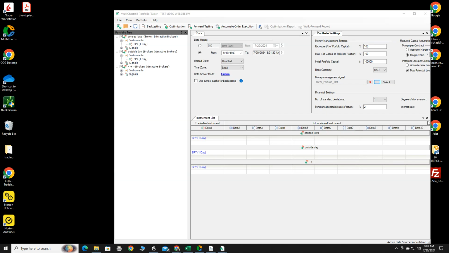Larry Williams slow grind for portfolio for MultiCharts. As the name implies, this strategy is based on Larry Williams. We have a Larry Williams slow grind at a strategy level, and we also have it at a portfolio level. It is an extremely powerful program if configured correctly. So let's move on to a quick